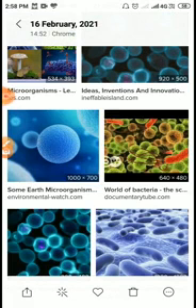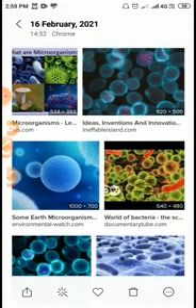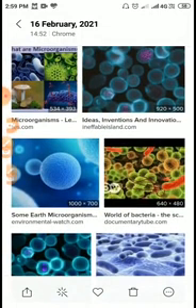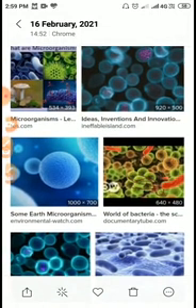Now come to the classification of bacteria on the basis of their Gram staining. If bacteria retain the stain, then that bacteria is called Gram positive bacteria. If bacteria do not retain the stain, that bacteria will be Gram negative bacteria. If bacteria neither take the stain nor lose the stain, then that bacteria will be called acid fast bacteria. My dear students, some harmful bacteria are Mycobacterium tuberculosis, which mainly causes tuberculosis in humans. That is the acid fast type of bacteria.